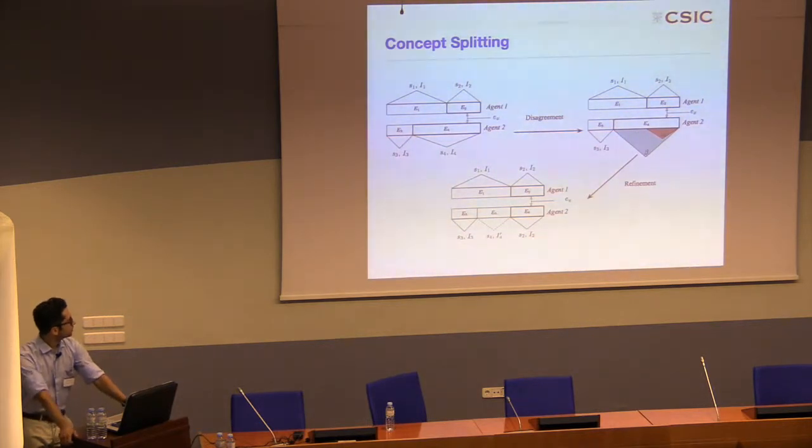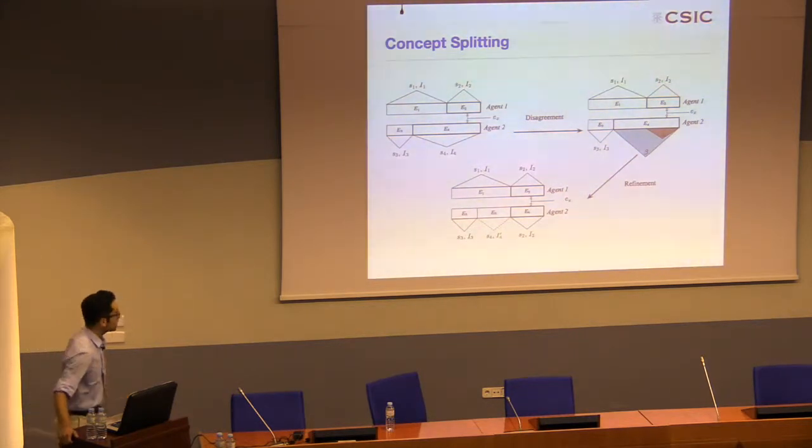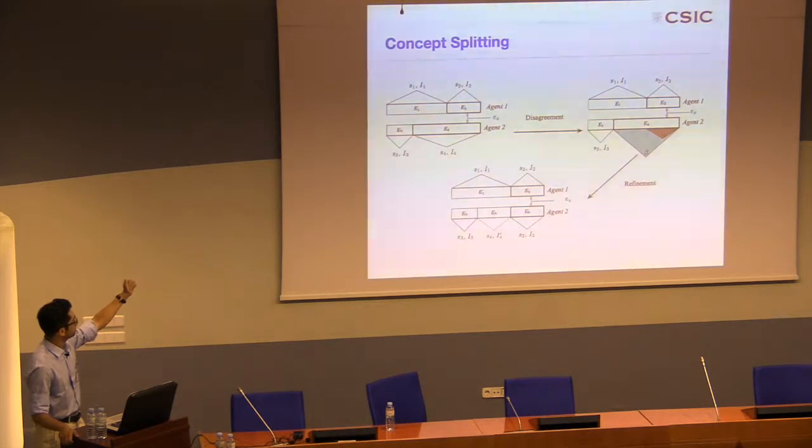So how do we split a concept? Well, we can see a typical scenario where, for example, agent one has the extensional definitions E1 and E2. The second one has the extensional definitions E3 and E4. There is an example presented, and agent one associates this example EX to the sign S2, but agent 2 to the sign S4.